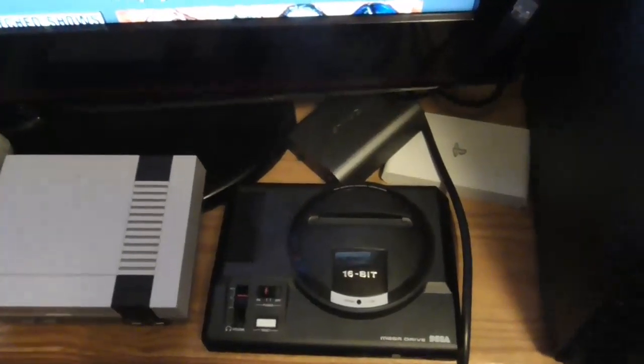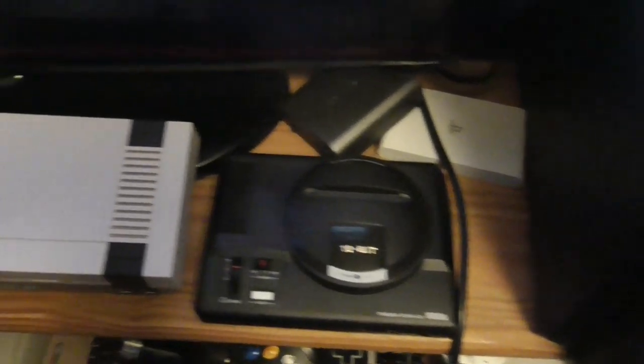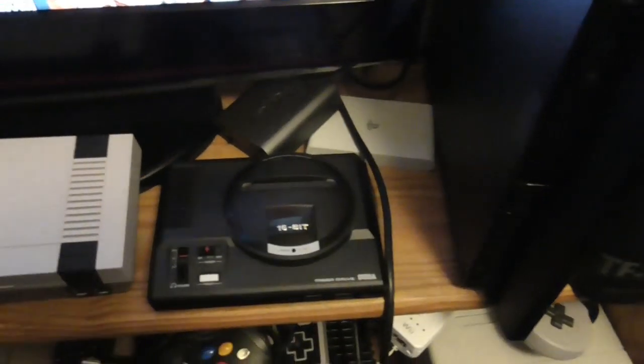Of course, the advantage that the Sega Mini has is it's a mini console. Its small form factor lines up really nice with the other ones, just fits underneath your TV like that, allowing you to